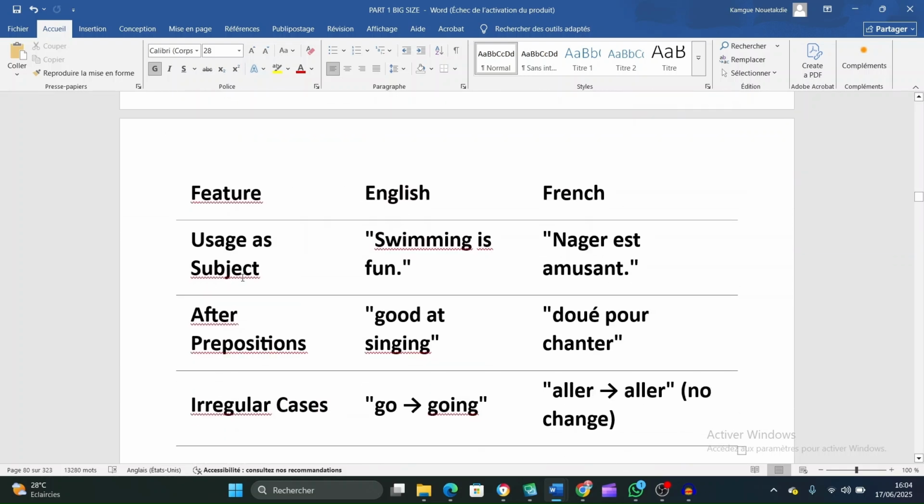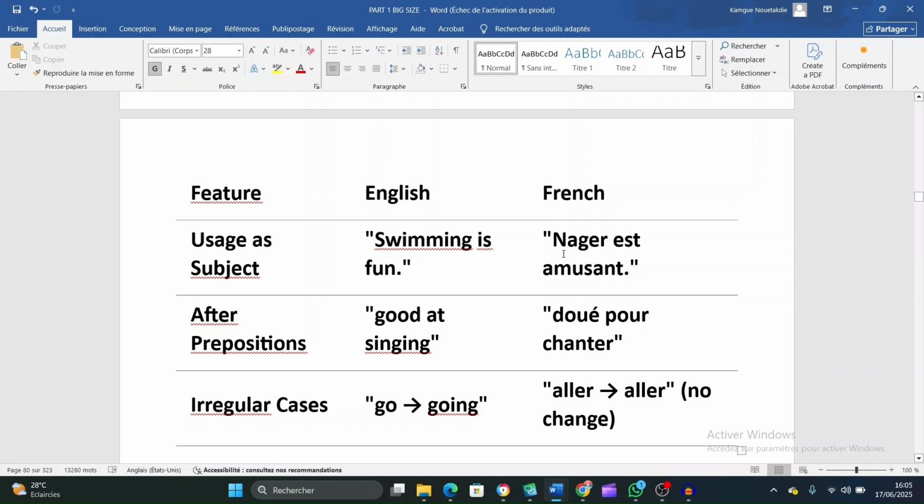They can be used as subject, as we saw with those examples. For example, in English we say, swimming is fun. You see here that swimming is the subject, the gerund. In French it is nager, amusant. Instead, you see we keep it nager in the infinitive form. We don't change the verb.